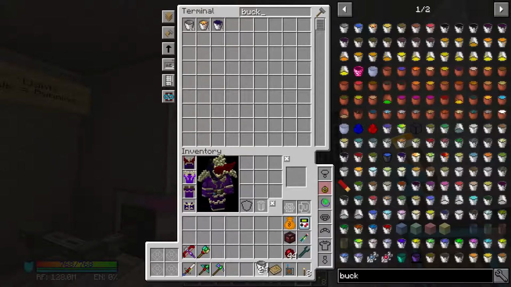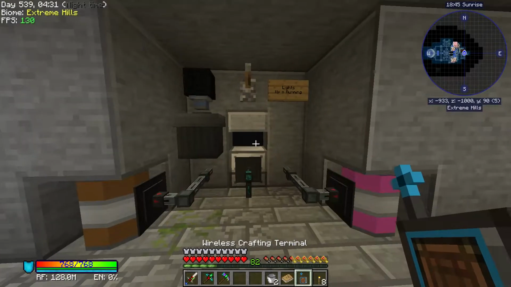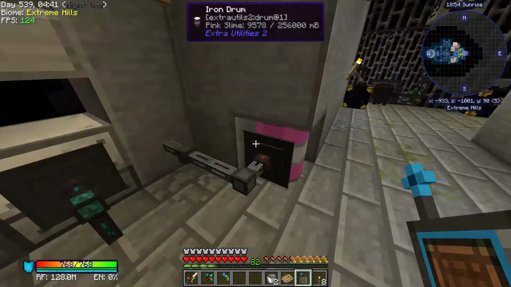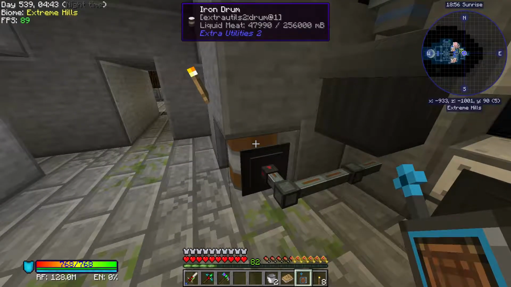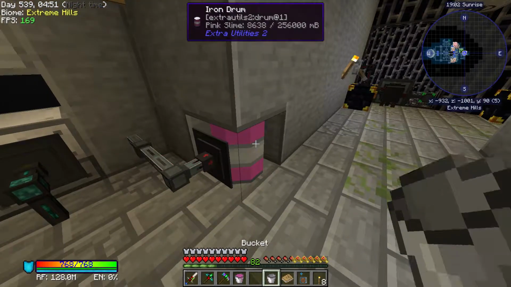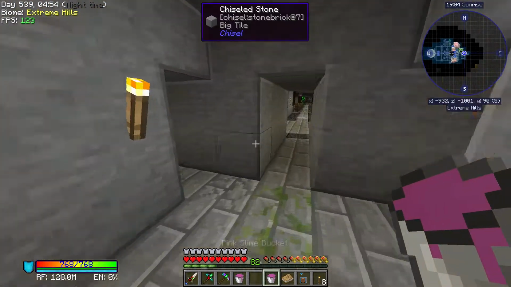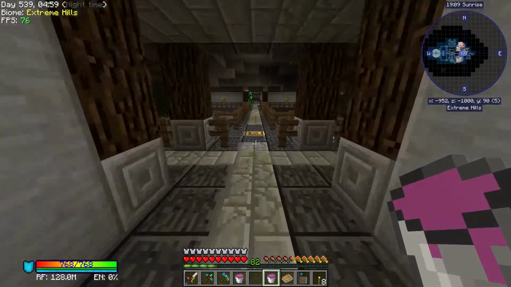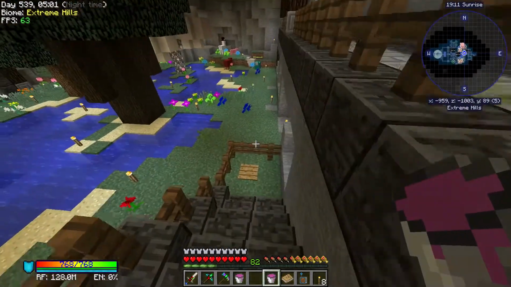And the pink slime we get from the mob slaughter factory, it produces two things. It produces liquid meat, and it produces pink slime. And I've just got those piped out into barrels, so we have plenty of both. But this isn't the pink slime we need for our actual project here. To make real pink slime, we need to take this